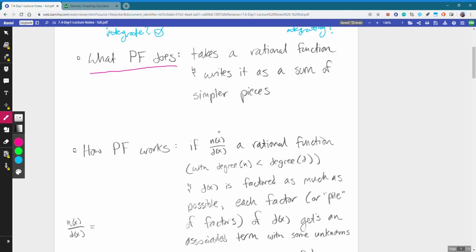Okay, so if we have a rational function here, some n of x over d of x, so n for numerator, d for denominator, right? Both of these are polynomials, with the degree of our top polynomial less than the degree of our denominator polynomial. And we've gone ahead and factored our denominator as much as possible. Then what partial fractions does is it associates to each factor or pile of factors, we'll see what I mean by that in a minute,